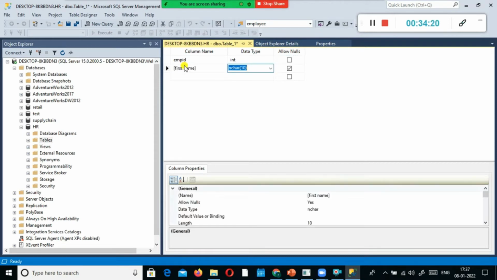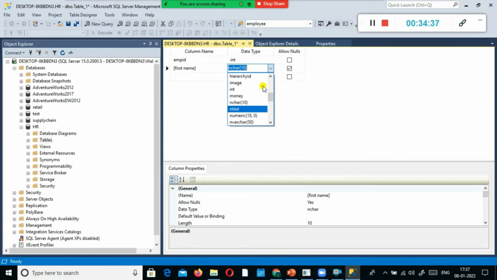The next line I'm going to type is first name, and here nchar is a string data type. You can store the employee name as a string data type, hence I'm going to select nchar. Apart from nchar, nvarchar is also available. These are the different data types that are available.